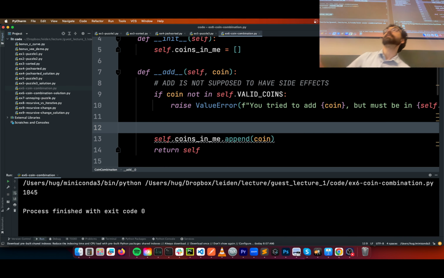Because what's going to happen is then the two different combinations are sharing the same list. So we can think about what this equals operation does. It binds the other new coin combination's coins_in_me variable to the same thing as my own. So it really needs to be a copy.